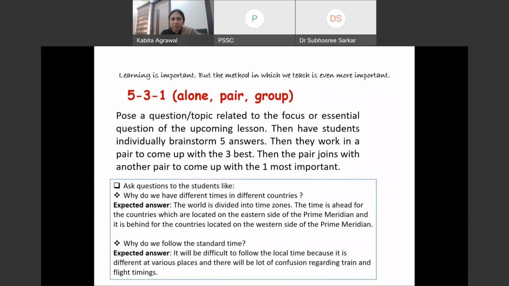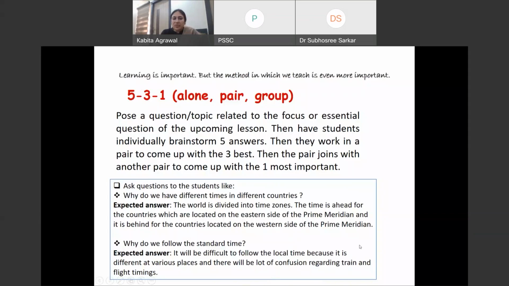So for example, why do we have different times in different countries? He may have different reasons. He discusses with his friend and then comes forward with the answer. Why do we follow the standard time? So this type of situation really helps the children to think and reach conclusions,